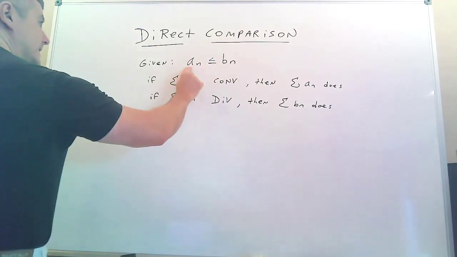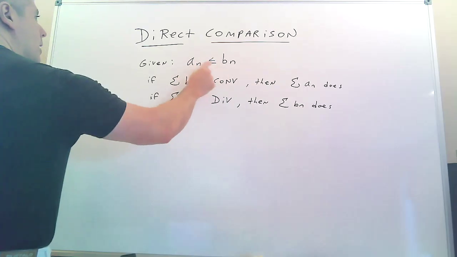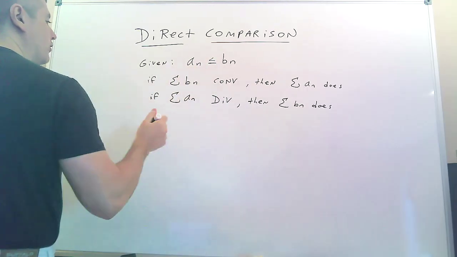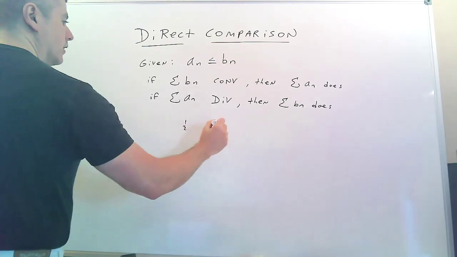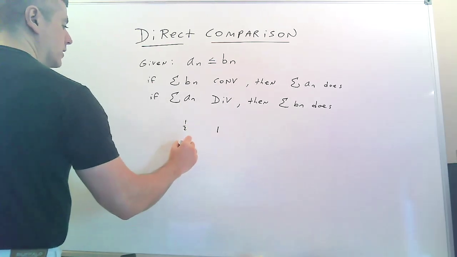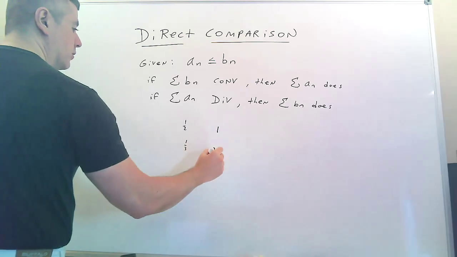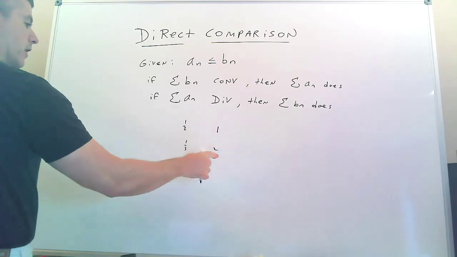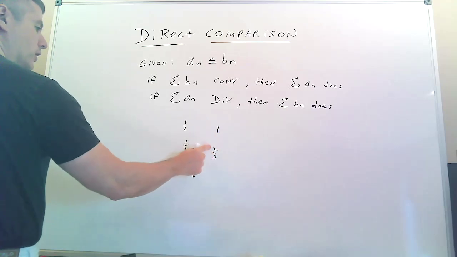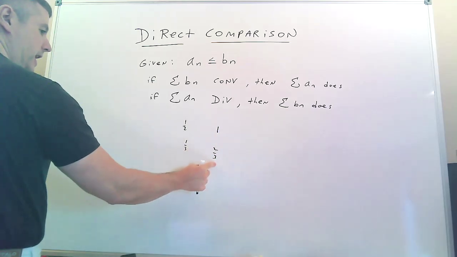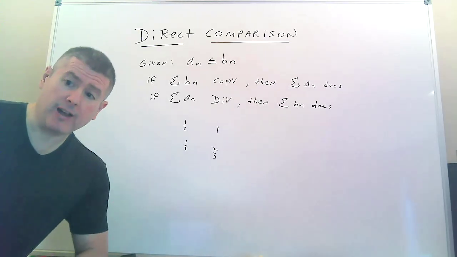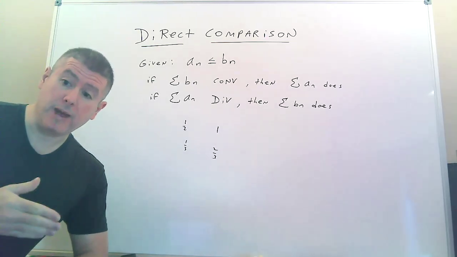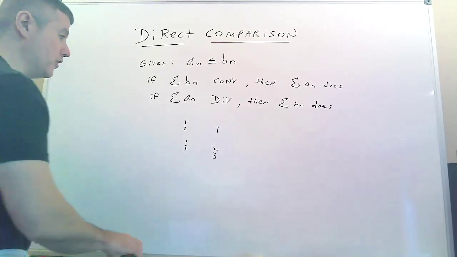You have two sequences, right? But you have one where the numbers are always smaller. Like, you'd have something like 1/2, and then this one could be 1/3, and then this one is like 2/3, right? This one is always bigger. And the thing is, if the bigger one will converge and add up to something finite, well, then the smaller one has to. That's the whole point of this test, to find something to compare your series to, because yours doesn't look like one